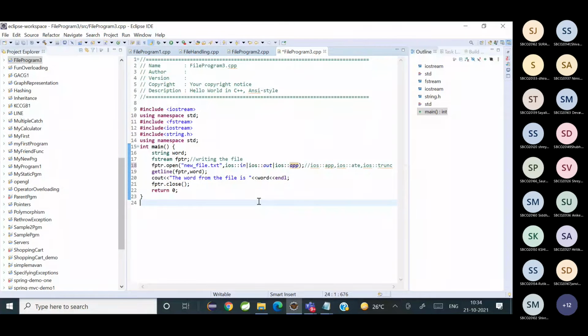What does that mean? It means we want to add some more new contents to the file at the end. In other words, this pointer is used in input mode, output mode, and for appending. Is it clear? So whatever modes you want to open the file in, you can specify them separated by a pipe symbol. समझ में आ रही कि नहीं?